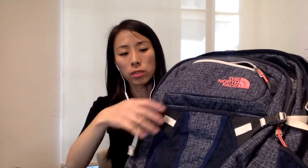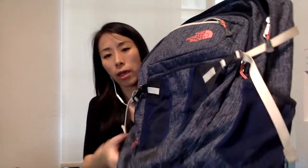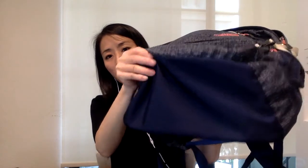And they've been holding up really, really well. Both of these are women's versions, and you see the pink here, and you see the rose gold color here, that they cater for women. And so what I want to show you is there's a ton of pockets here, right? This is the Recon style, like I said, and you can see how wide it is. And this is the back. It's not padded,